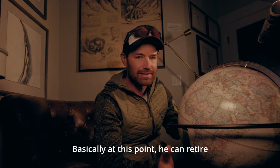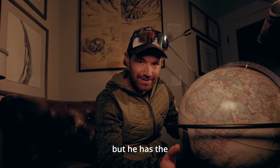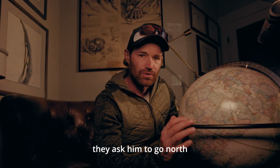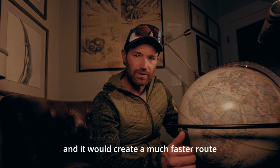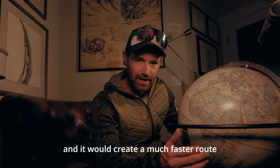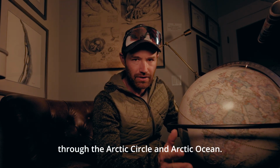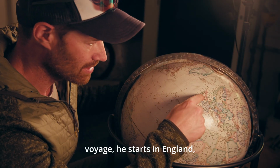again a rock star. Basically at this point, he can retire and live a good life, but he has the opportunity to go on a third voyage. In this voyage, instead of going south, they ask him to go north and find the Northwest Passage. The Northwest Passage was rumored to exist, and it would create a much faster route from Europe to Asia. It doesn't actually exist. Well, if you go through the Arctic Circle,